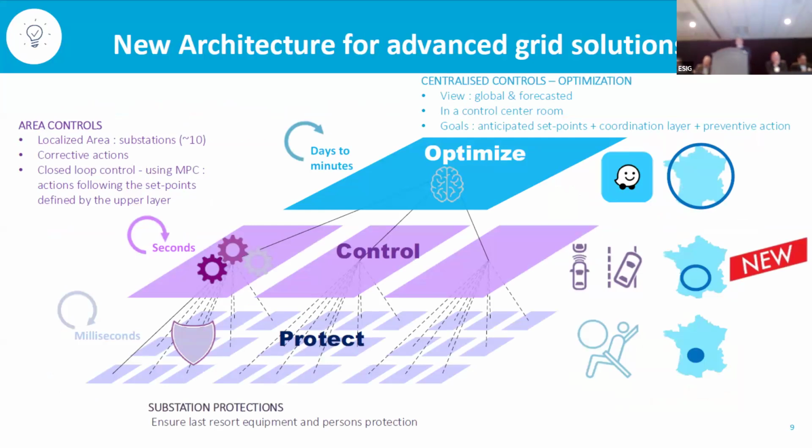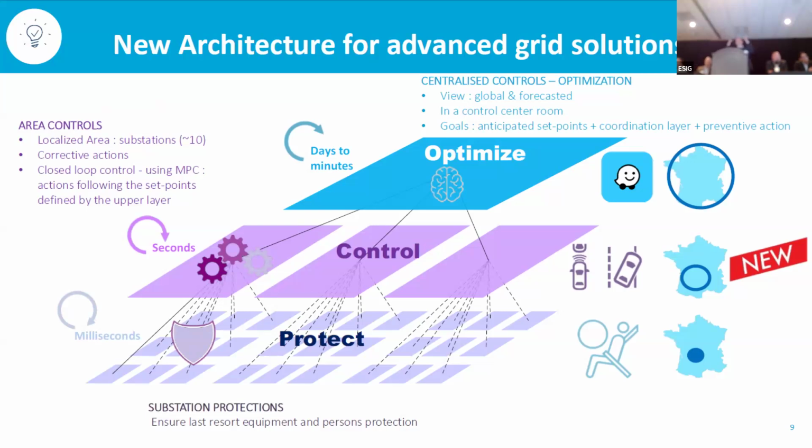you can say this is an evolution from our usual way to think about the architecture of the system. Usually, you had a protection layer whose only function was to make sure that you don't have overloads in the line. You're dealing with safety. Those are very simple automatic systems that react really fast and are supposed to be extremely reliable, but they're not supposed to be that smart. Basically, you're pushing the needle to reliability and making sure that they operate in a way that you can completely predict.